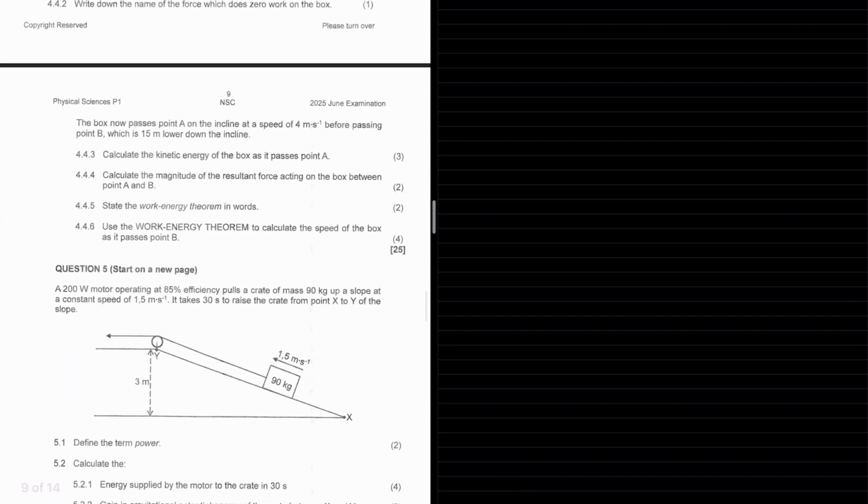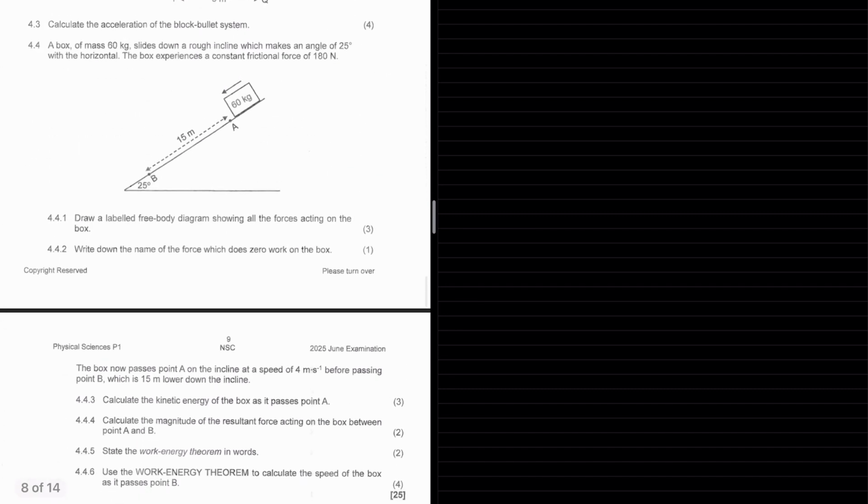Let's move on. The box now passes point A on the incline at a speed of 4 meters per second before passing point B, which is 15 meters lower down the incline. Calculate the kinetic energy of the box as it passes point A. So point A, okay. So we're going to say 4.4.3, EK is equal to half mv squared. So half, the mass is 60. They've given us the velocity at A. The velocity at A is 4, so 4 squared. And that gives us an answer of 480